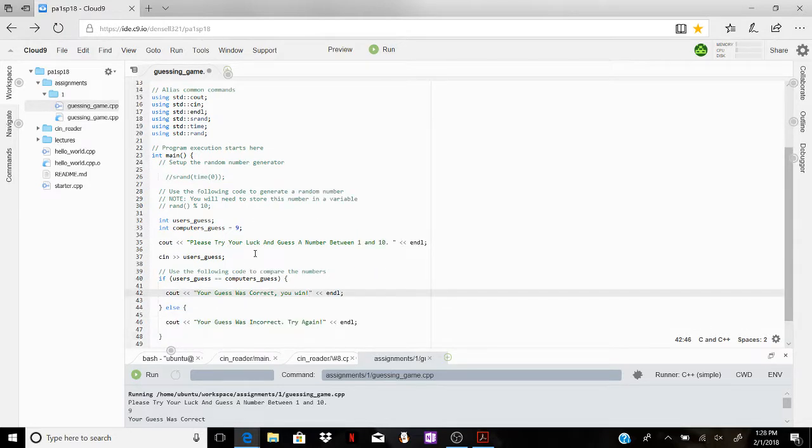but it doesn't know. Like, I noticed how Luke gave us like nothing to work with except for like a little bit of code. And we had to put in our own variables, we had to put in our own text and stuff. I've done all that, but I was just testing to see if it works, and now it works. Now I just have to set up the random number generator. Because I commented this out so I can just see it, because I assigned the value at 9 just to see if I can get the computer to recognize the number, and it works. So now what I have to do is I need to make the random number generator and make the integer appear. For the quote,